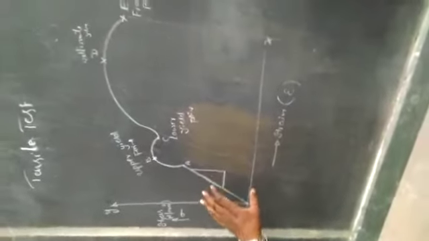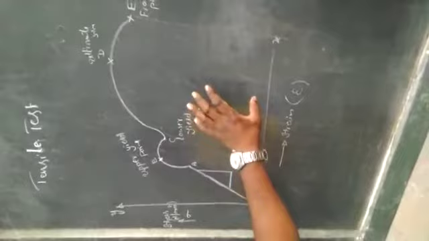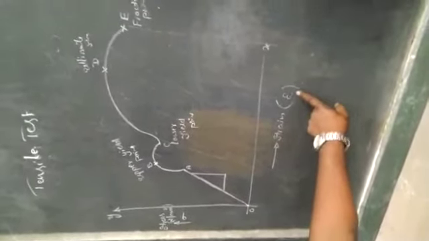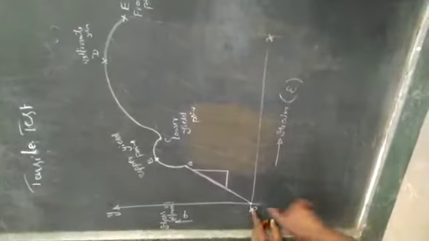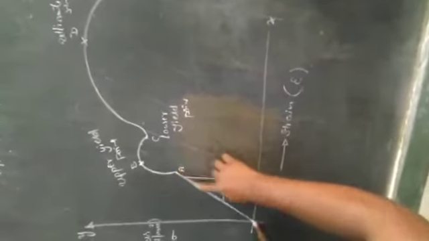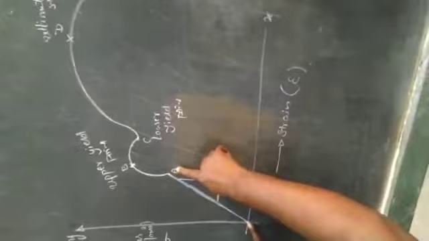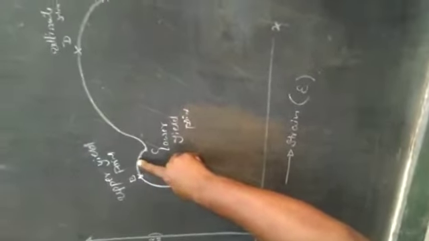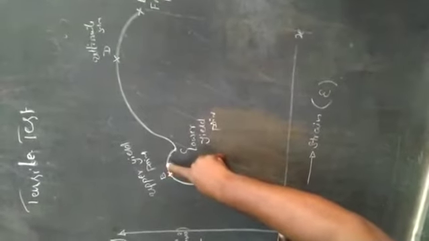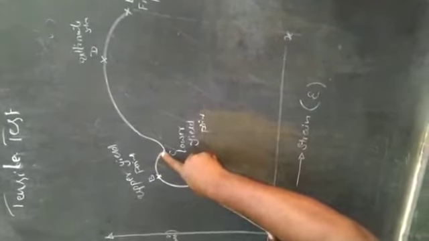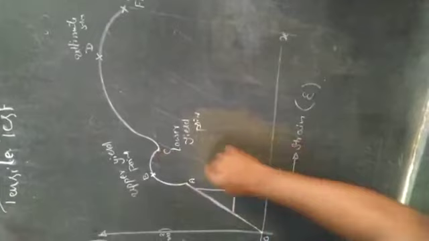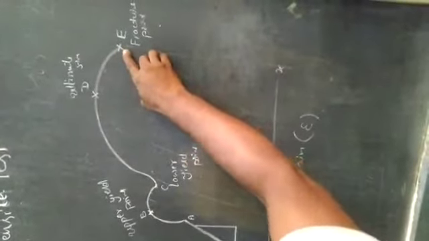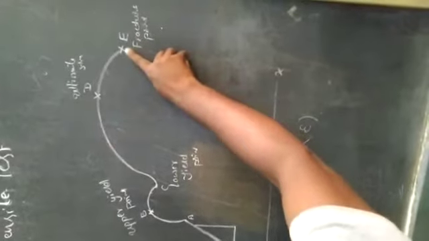Okay, this is the tentative shape of the graph that we are going to get, after plotting the stress along the y-axis as well as the strain along the x-axis. So this is the proportionality limit, where the stress is directly proportional to the strain. Then after that, there is a mere increase in the load, which increases the strain significantly, and it is going to have a shape like this, and finally it is going to fracture at this particular point.